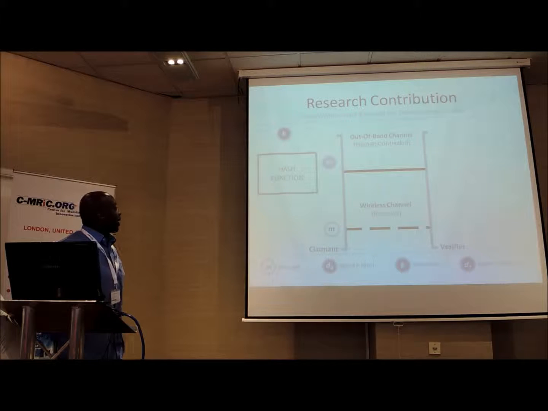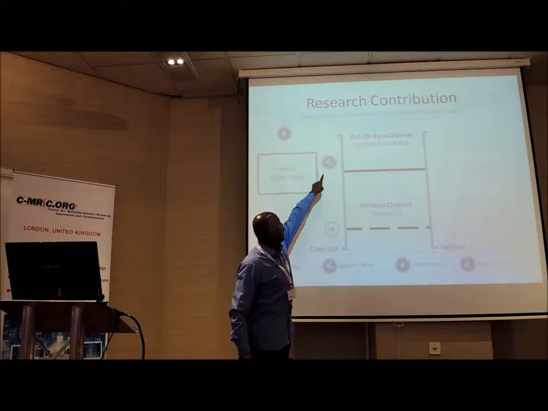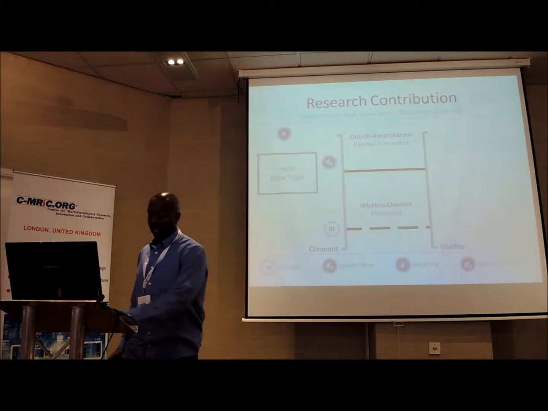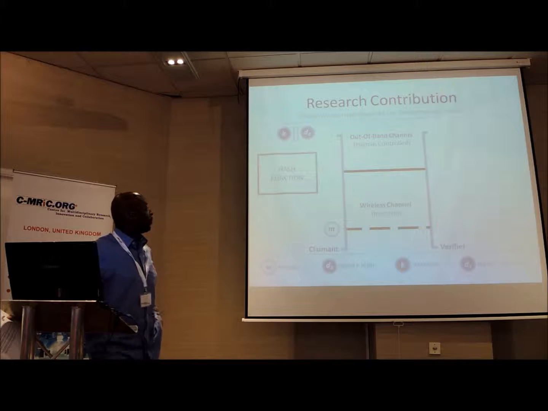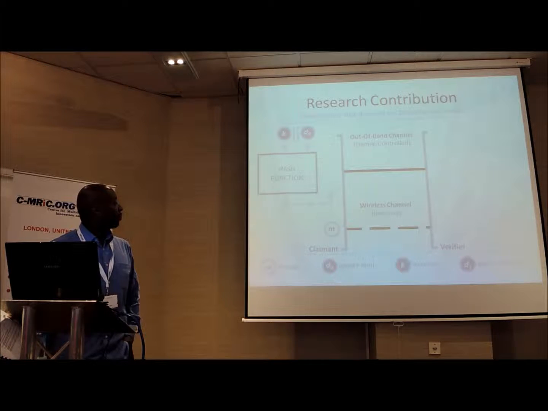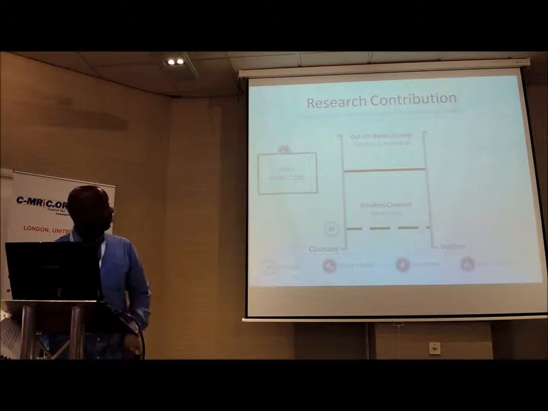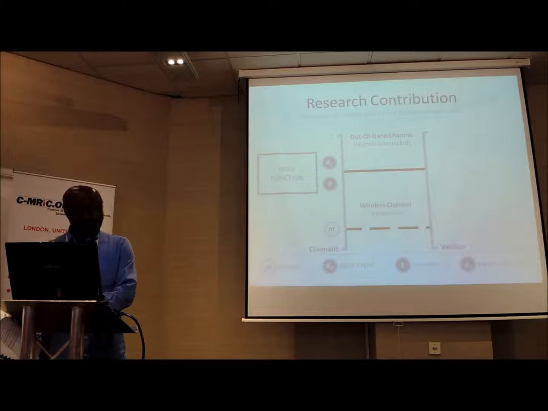The claimant applies a hash function to a message M to derive a digest. That digest is concatenated with a secret key. The hash function is reapplied. And then the claimant sends the key